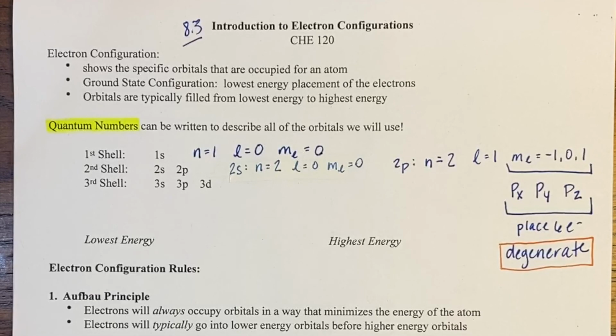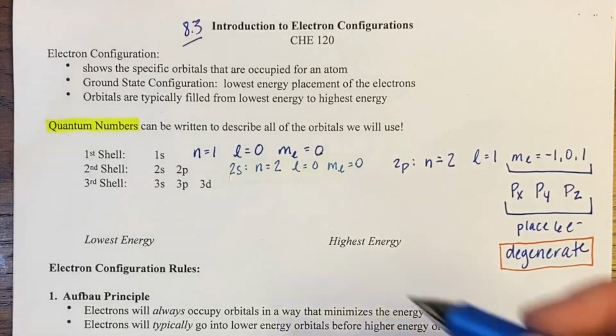When I look at my orbitals in the third shell, I have the 3s, the 3p, the 3d. My 3s orbital is going to be spherical in shape. For my 3p set of orbitals, I will have m sub L values of -1, 0, and 1. Those m sub L values tell me there are going to be 3 degenerate 3p orbitals within that shell. And when it comes to my d orbitals,